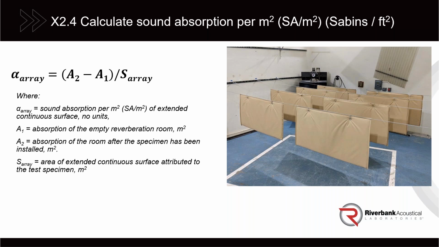We call it type J mounting. What you're looking at in this example here is actually the standard mounting. It's 8 2 foot by 4 foot baffles with 12 inches between baffles in a row and rows 30